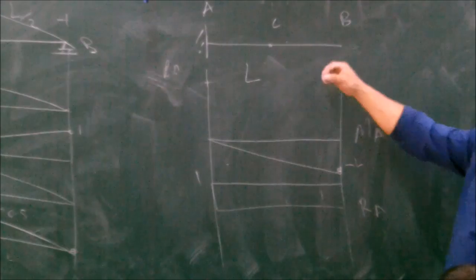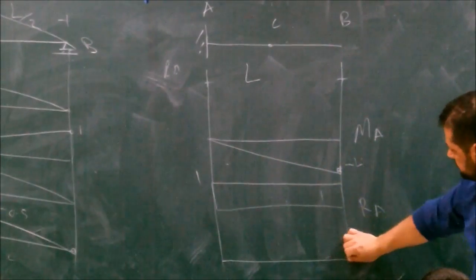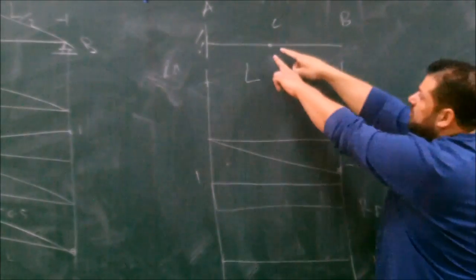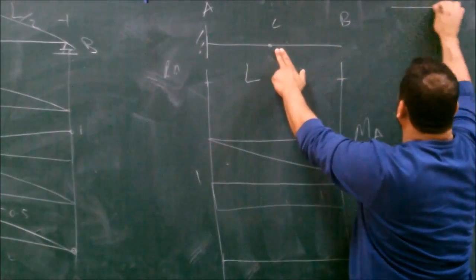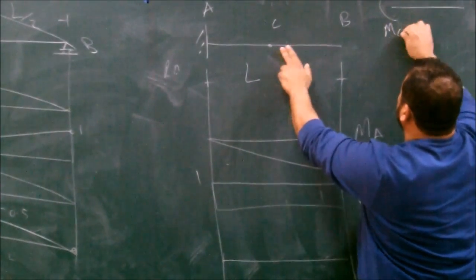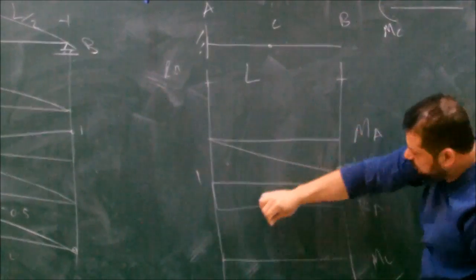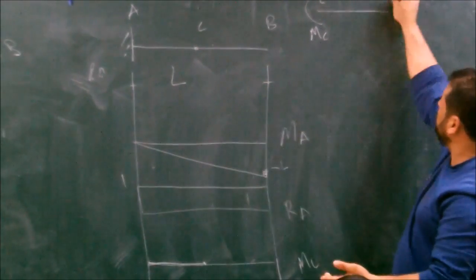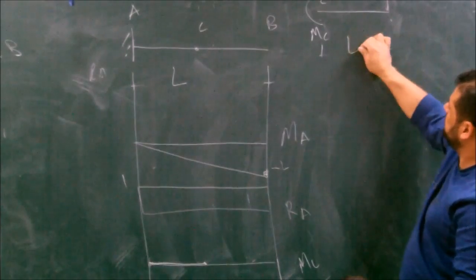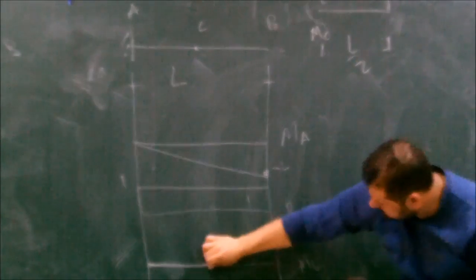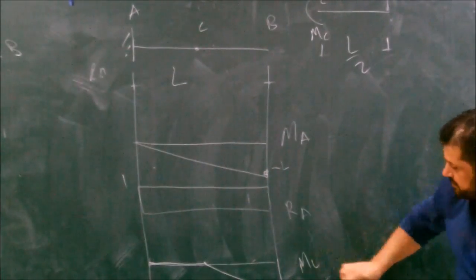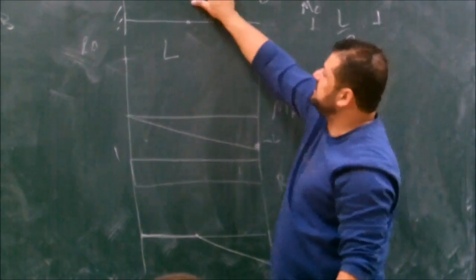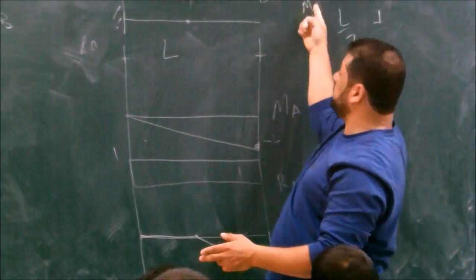What's the influence line for the moment at C, MC? No moment will develop at C when the load is before it. And this is your cut. This is C. This is the moment at C. If there is no load here, no moment. So 0 till C. After C, when the unit load crosses here, you start developing. It will be 1 times the distance from here to here. So minus L over 2. What's the influence line for the shear at C? Nothing will develop unless you